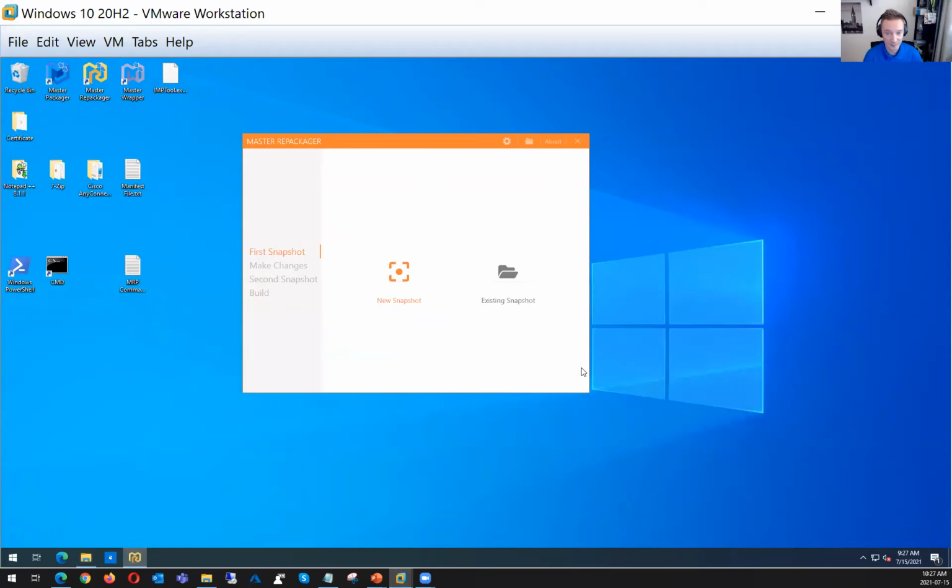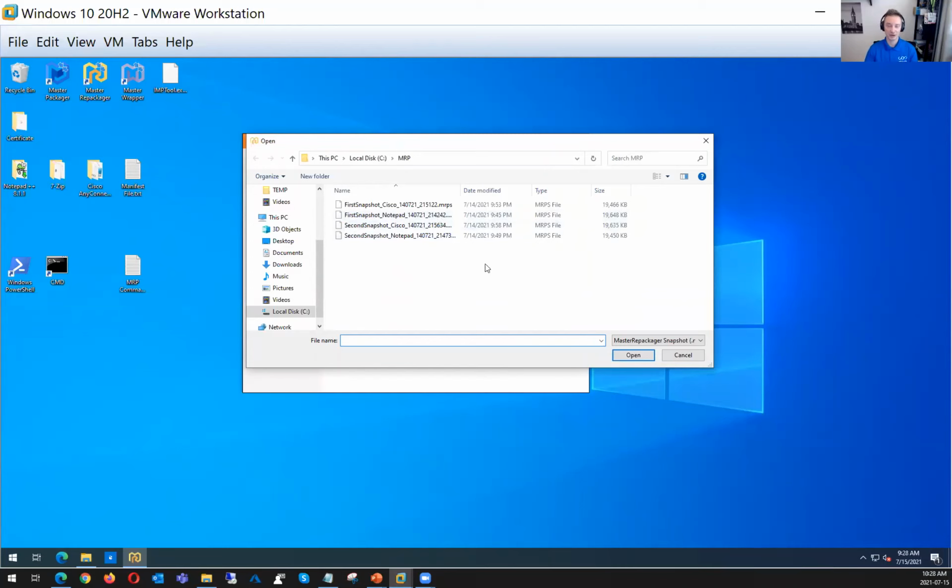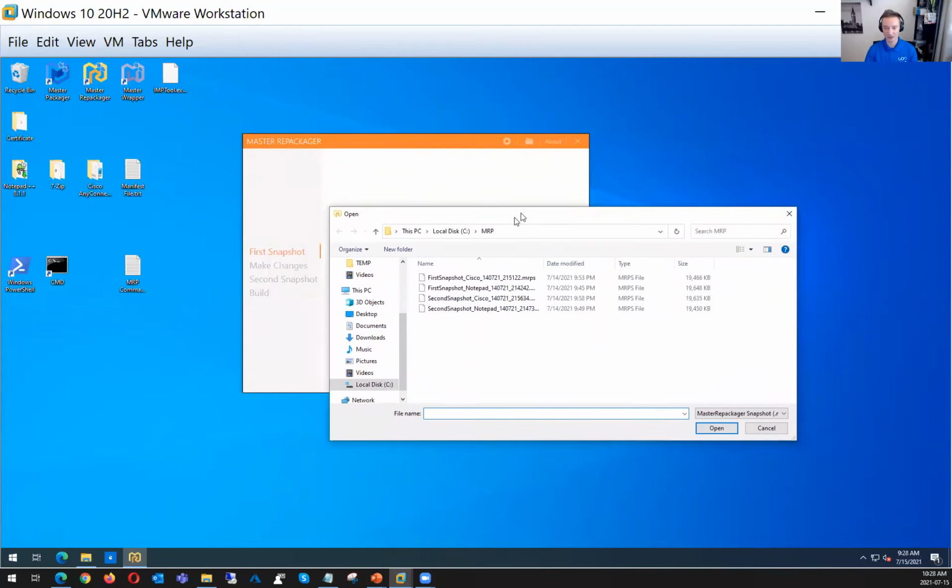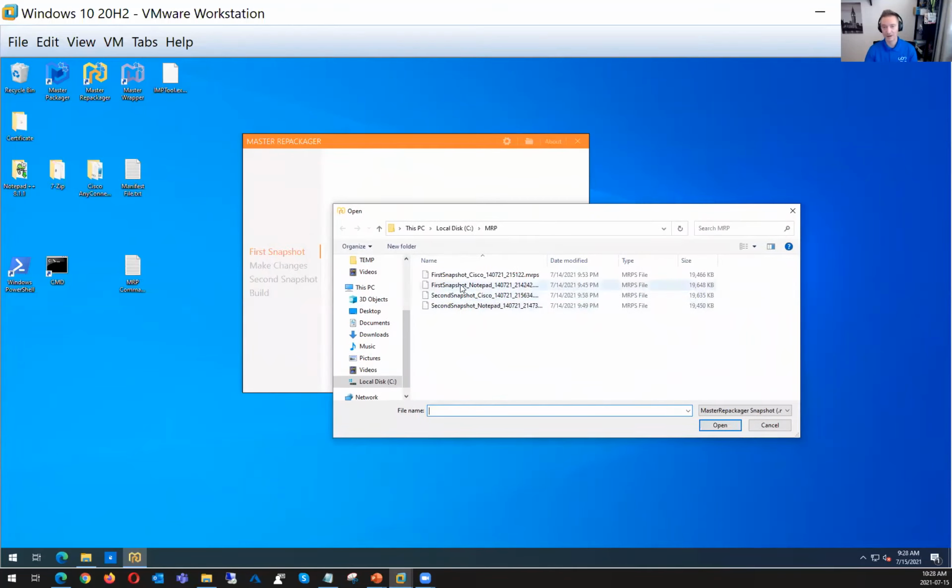What I want to show you is Master Packager. We use these guys to package our applications. They created a way of validating applications. So here what we have is snapshots. Snapshots are repackaging snapshots. So if I would do the first snapshot of my Notepad++,